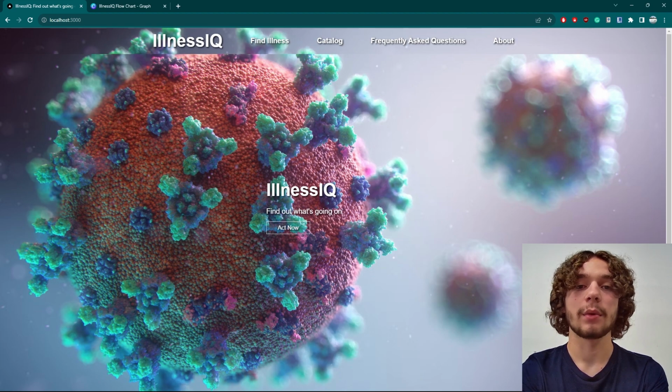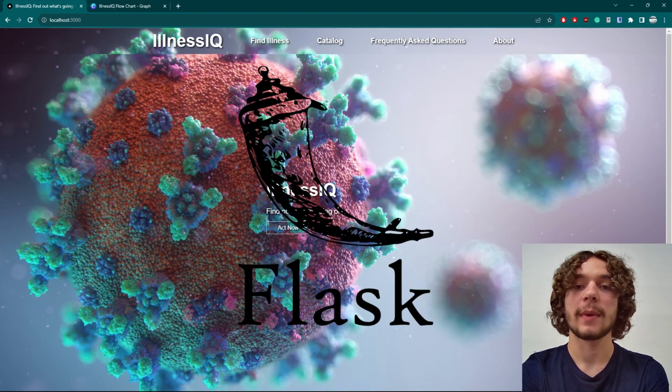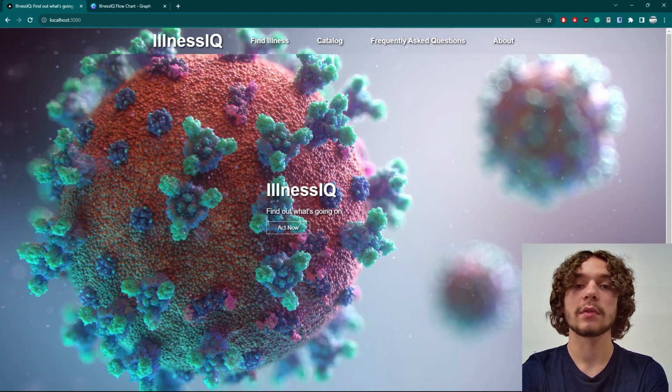For the backend, we wanted to use Flask, a Python-based backend framework which allows us to receive our user inputs from the front end and feed them into Sean's Python-based disease model. This model is what takes the user's input as a parameter and returns the likelihood of the top 5 possible diseases. Finally, we needed a way to connect the front end to the back end so that we could feed